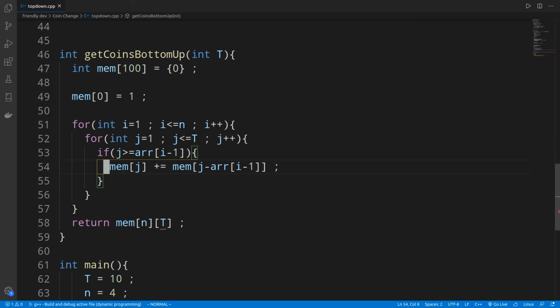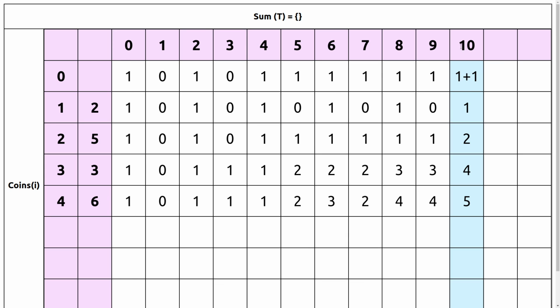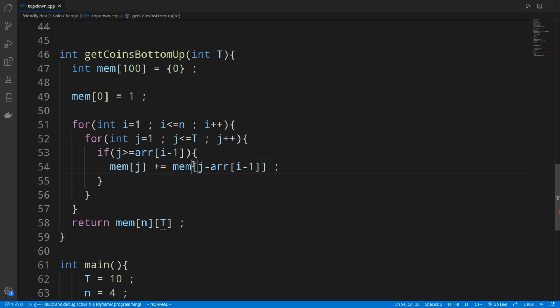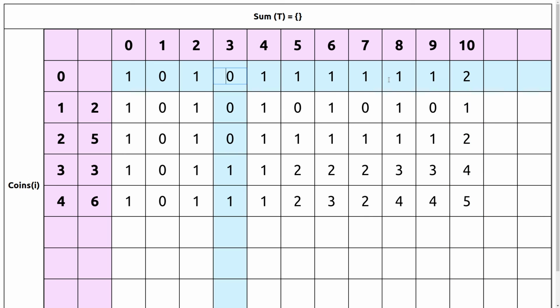We add the solution in the reduced sum column, j minus array element, that is 10 minus 5, that is 5. Notice that we are only using the same row every time, and for every subsequent value of I, we are getting the same set of values as we were getting when we were using a whole table of memory space.